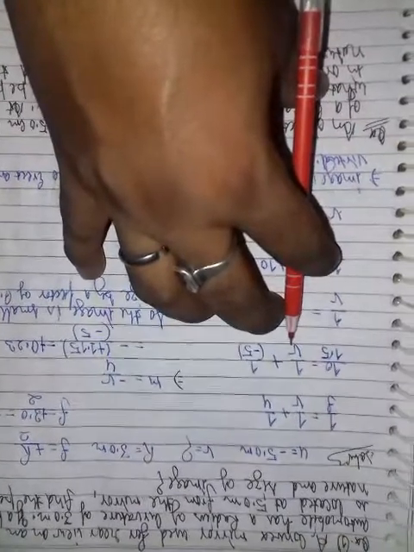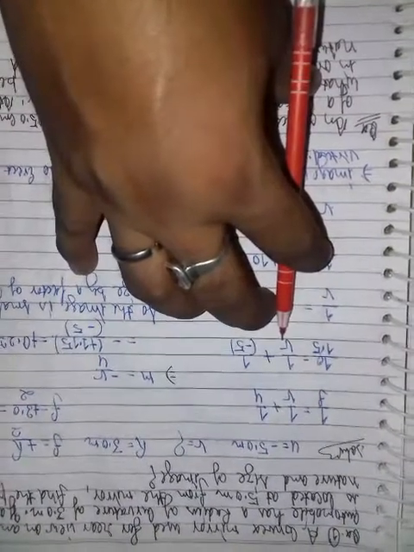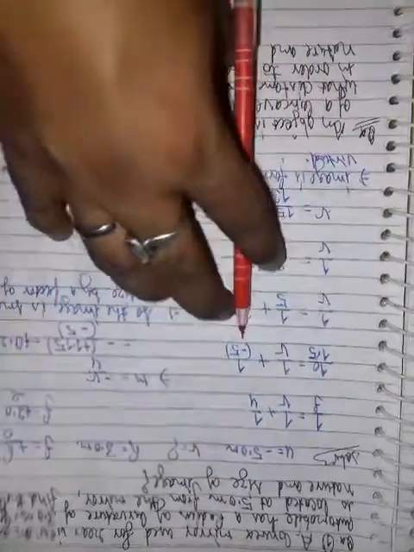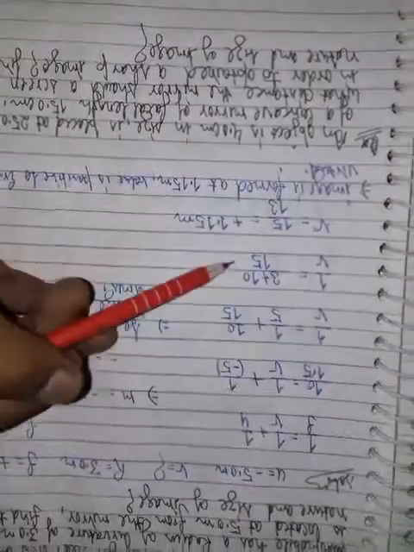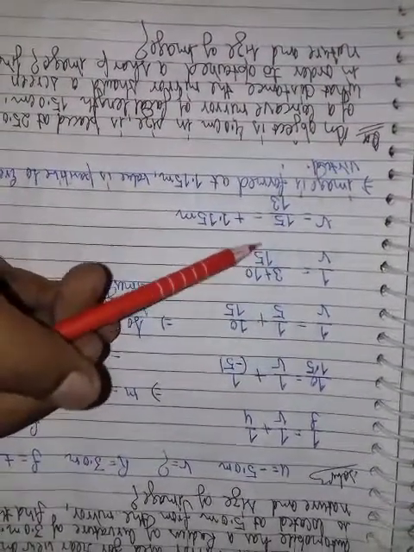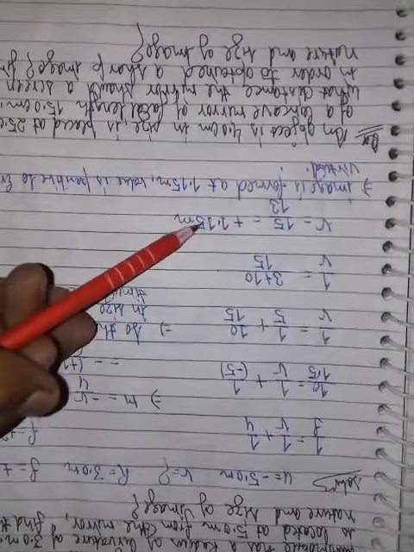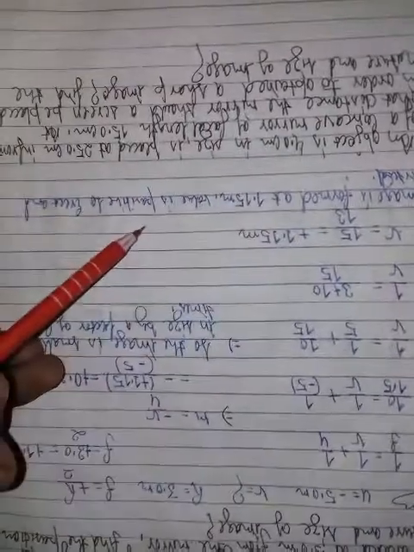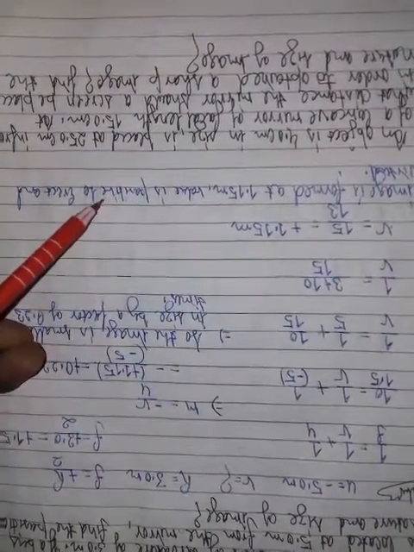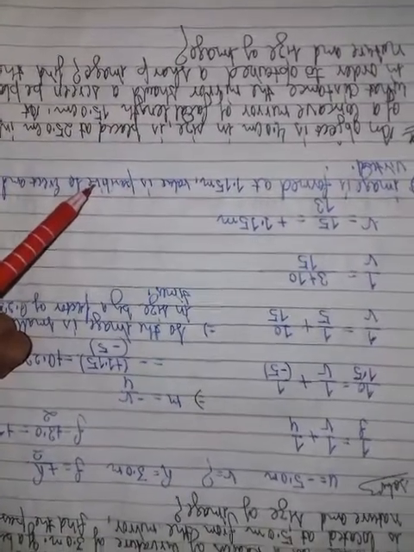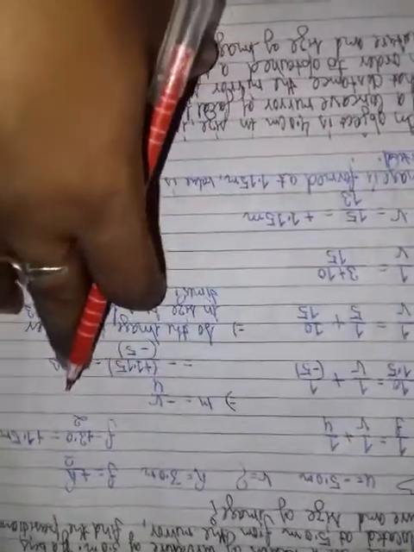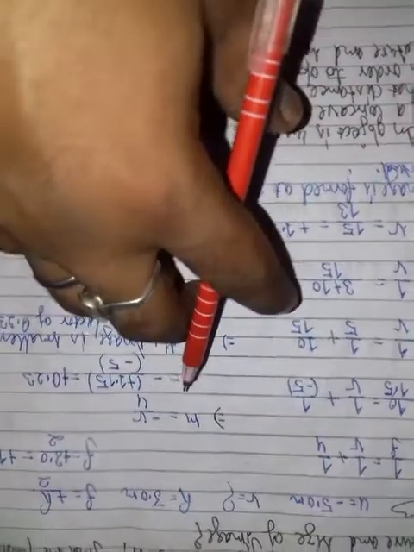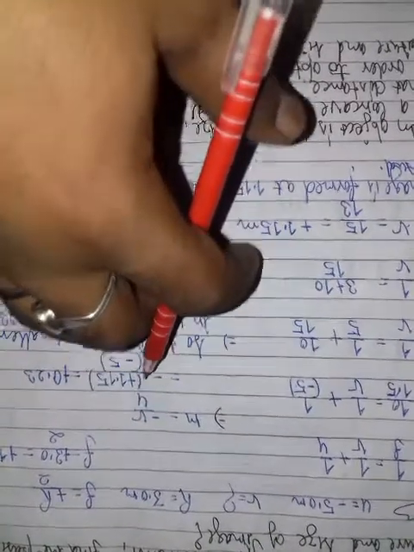1 by v is what we have to find out. Putting the value of the object, and by solving, taking LCM and reversing the order, the value is plus 1.15 meter. The image is formed at 1.15 meter and the value is positive, so the image is erect and virtual. The nature is taken out from the magnification, and the magnification formula for the mirror is m equal to minus v upon u.